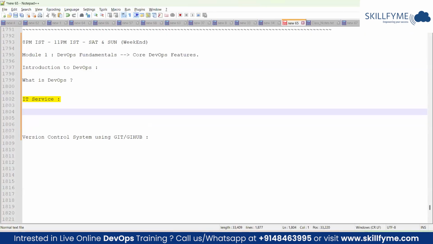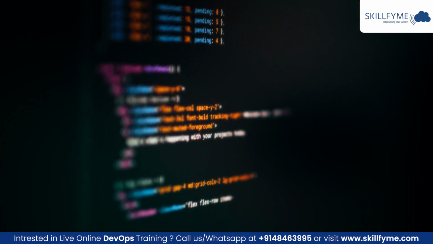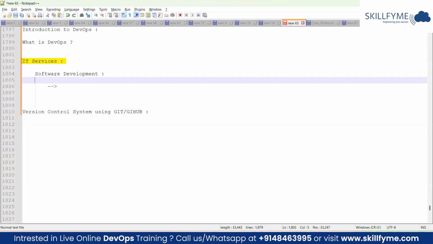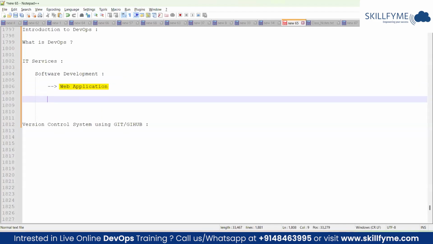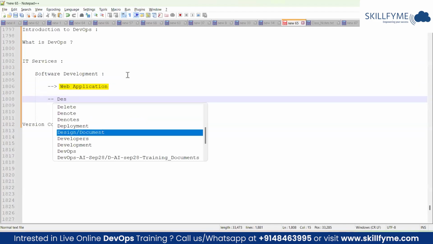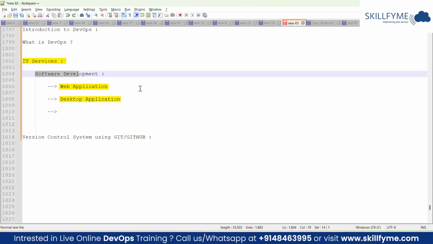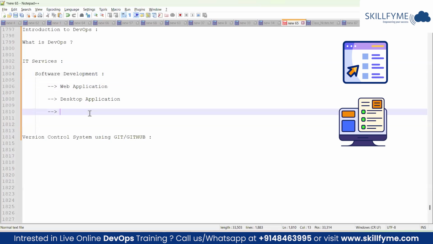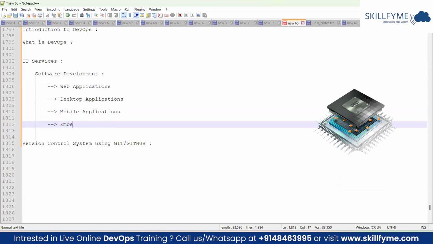If you take any IT service, predominantly this entire IT services are meant for developing some software, right? Software development is the predominant work in any IT industry. Software means an application software, like anything. It can be based upon your web application software, or it can be your desktop application. So here, when it comes to the IT services, ultimately we are going to develop some software, right? The software can be developed for your web-based applications or desktop applications, or even your mobile applications, right? Apart from that, we have something called embedded applications.